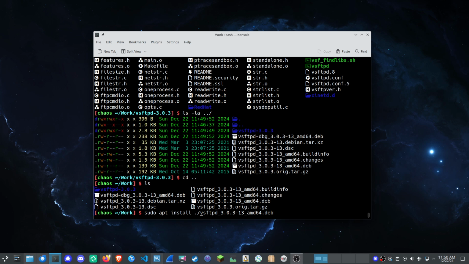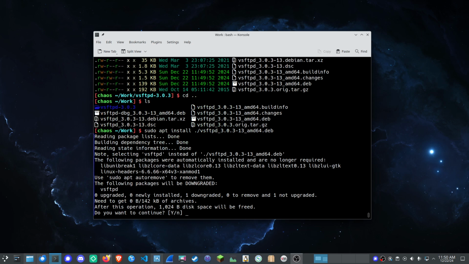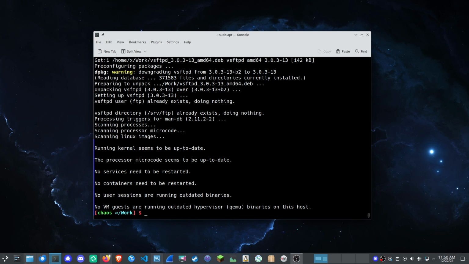Important, when you install something with apt directly and not use dpkg, you actually need the ./ to designate this as a local file and not a package in the repository. Keep that in mind. So since I already installed vsftpd, I'm going to just simply install this package instead of the other. There we go. And let's make sure that vsftpd